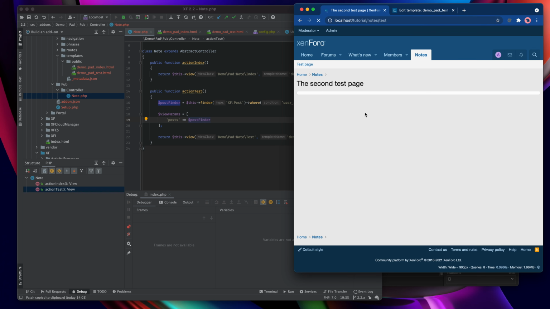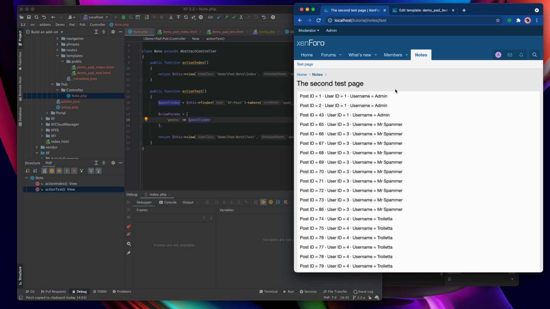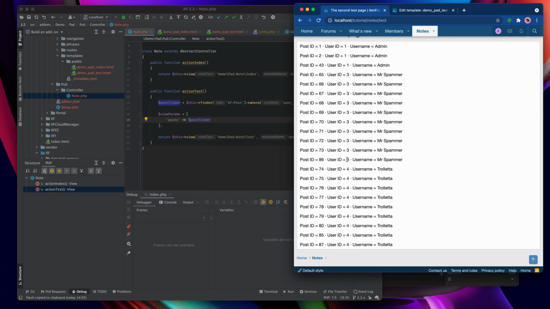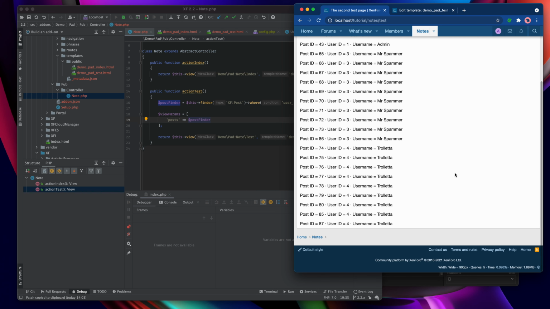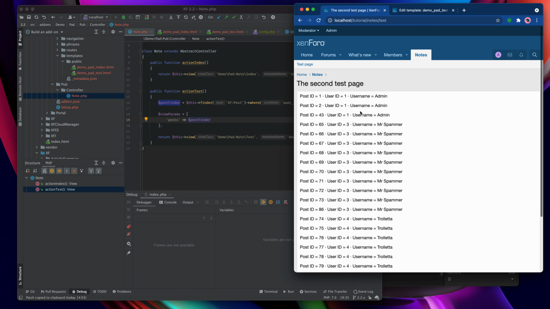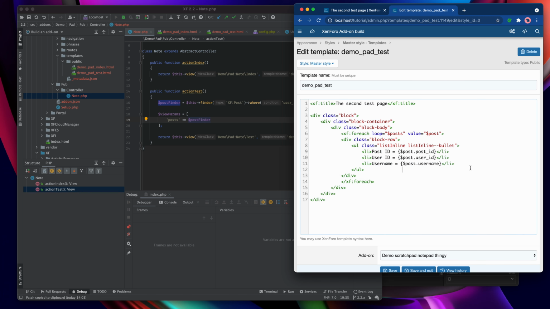Now that's all great. Let's save that out and just check that it's working. And now I should expect to get a bunch of, there we go, post ID 1 was user ID 1 and admin, going right through to post ID 86, user ID 3 and Mr. Spammer. And we expended 5 queries to do that, because essentially it's the page setup plus that one query to actually fetch the posts. Now, what about if I want to get the email address for those users? Well, this is the kind of lazy way to do it, but it's a good illustration.